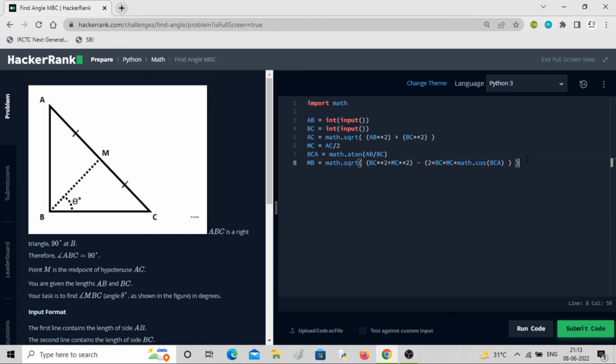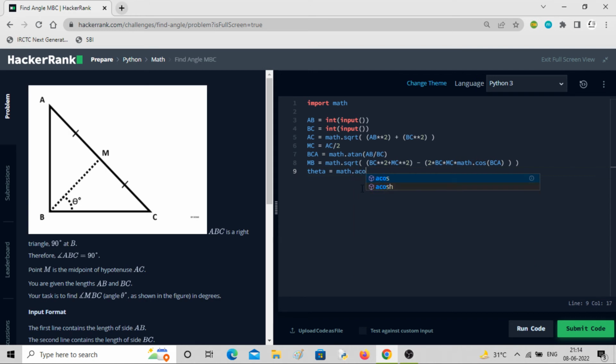Now we have MB, BC and MC, so we have all three sides, so we can calculate theta dash. Let me call it theta. I'll get theta. Now we have to write a different expression. So math